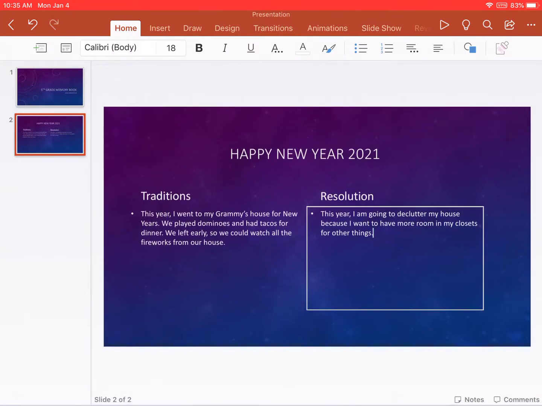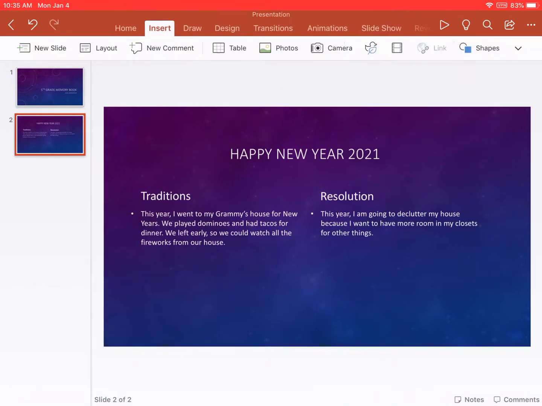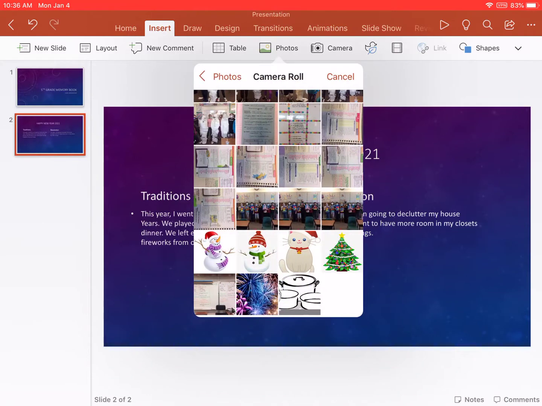Okay, now this looks a little bit boring, so we're going to fix this. We're going to be adding some pictures. So if we look up at the top, you can add, let's see, I believe it is in Insert. I'm going to click Insert. I'm going to click Photos. Now you could click Camera and you could take a picture, or you might have to go to the internet and save something to your camera roll. But I'm actually going to insert